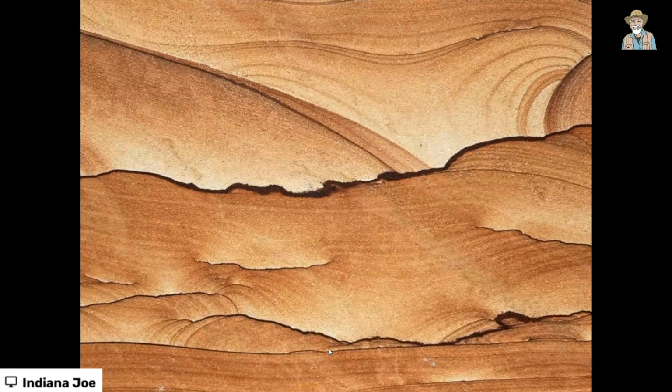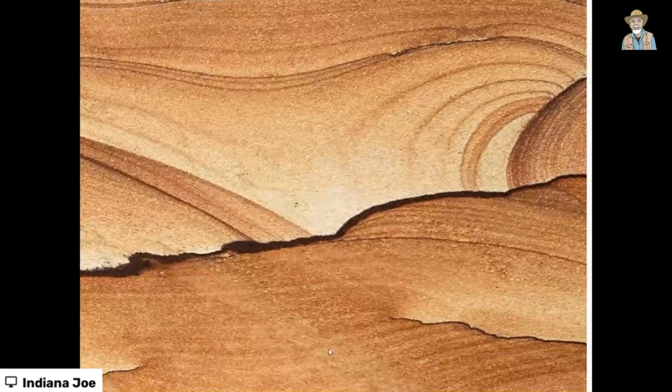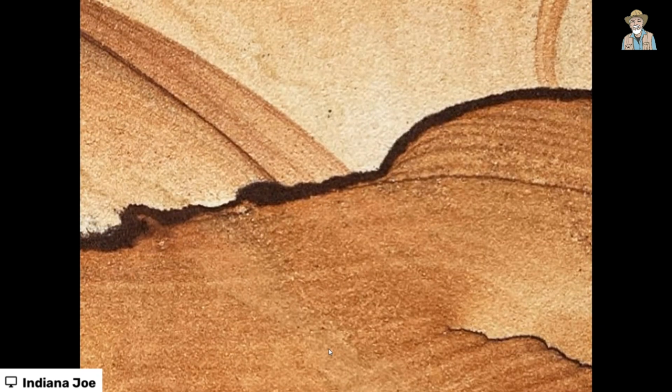There's yours. Okay, we've close-upped on this. You can see the strata that are coloured in with the beautiful iron staining. The iron staining is coming along the strata, but if you get up closer, particularly on the right-hand side, can you actually see? Some of you have got good eyes, some of you haven't. In fact, if we go one step closer, Joseph, you might be able to see, particularly in the middle,